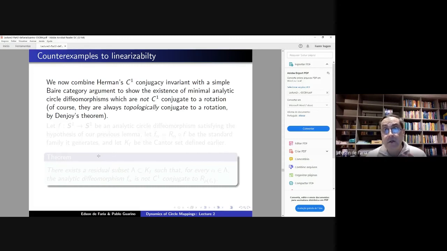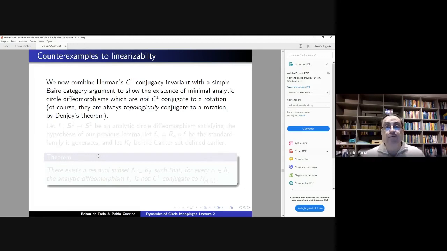So these are the counterexamples that were devised by Arnold in his paper. The way we are going to do it is not the way Arnold did in his paper. We are actually going to give a proof of existence of these examples without explicitly exhibiting these examples, okay? In Arnold's paper, there is a more sophisticated approximation argument, which you'll find in the book as well. The whole thing is in chapter 4 of our book. And here we are only going to give the existence of such examples, okay, by using a Baire category argument.